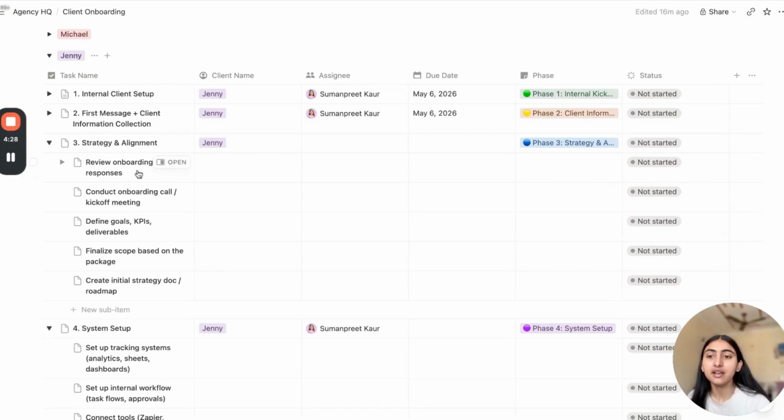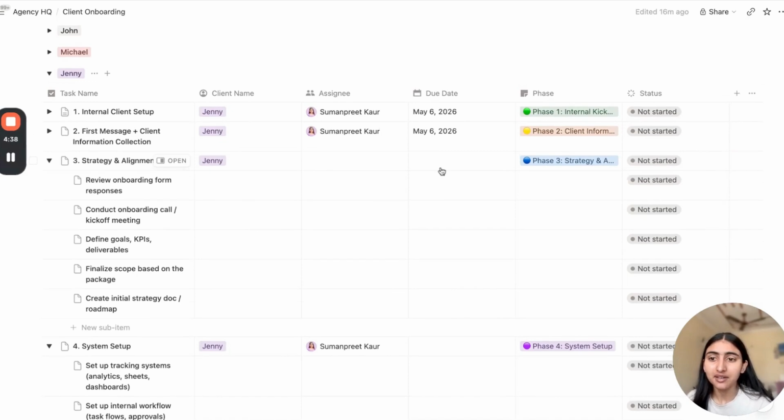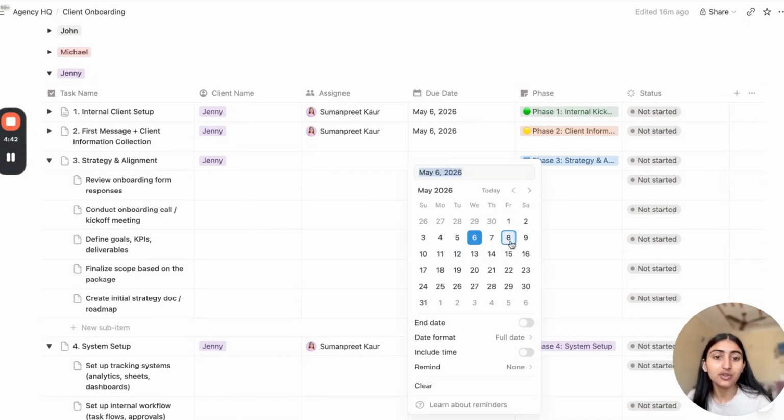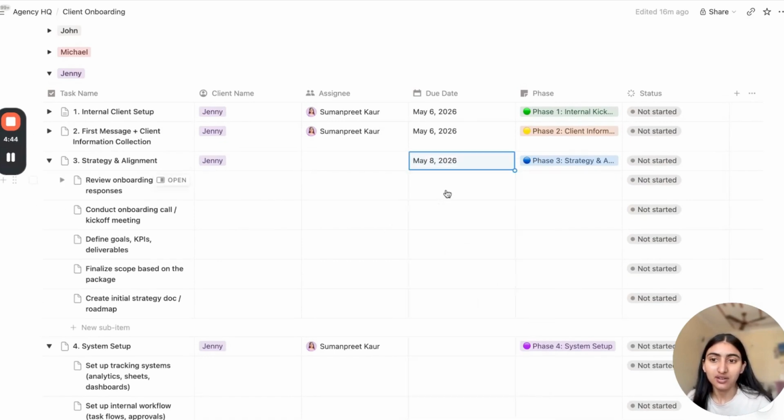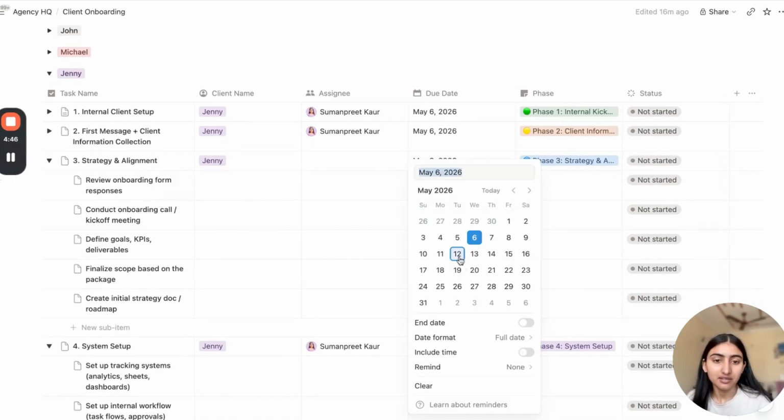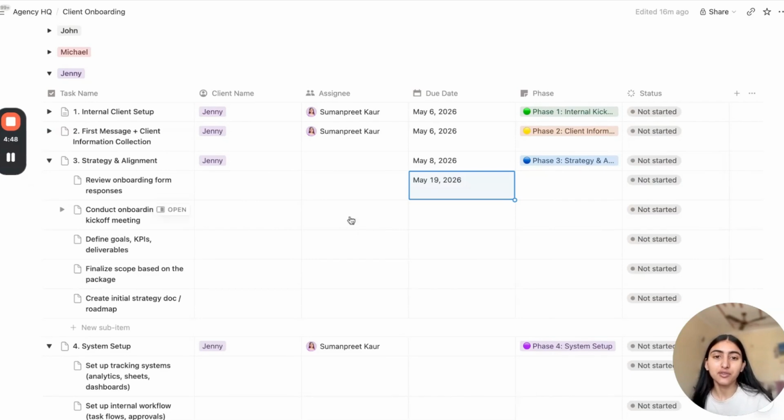It might take 4 days, 5 days, I don't have any idea how many days it takes for the strategy part, for any person. So I kept it empty here. But when you are using it, you can directly add a due date here based on your processes and workflow.